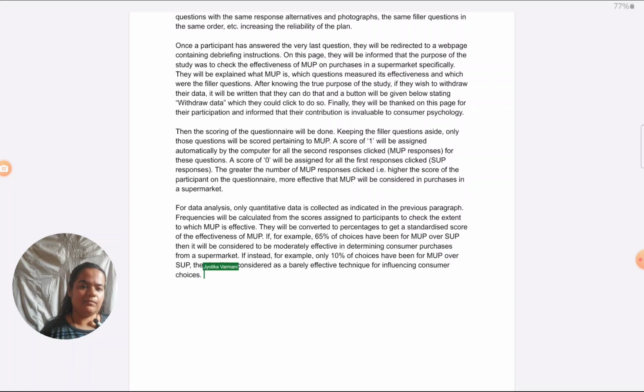So I have given the data analysis as well. So I've ticked off all the features. In general features, I have given aim, sample, sampling technique, ethics, validity of the plan, reliability of the plan, and data analysis. In specific features, I have given questionnaire format, type of questions, example questions, scoring and interpretation of the questions. So I will reach the highest mark band, and especially because every feature I have totally contextualized it to